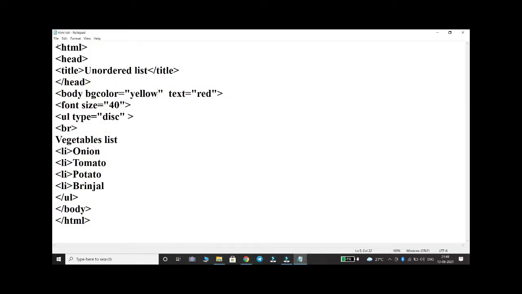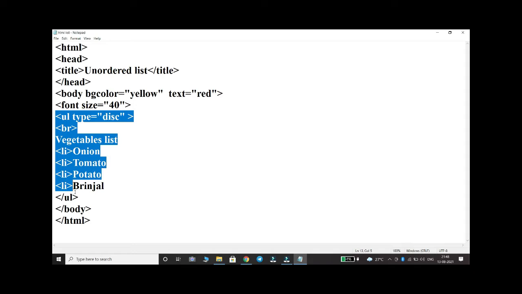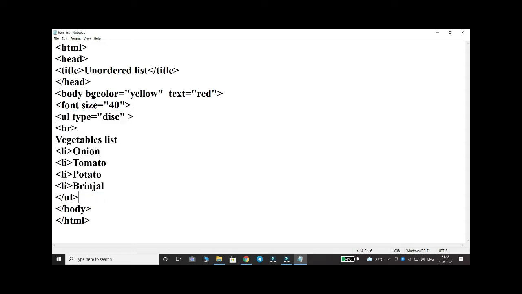Here I have started with HTML tag and then head tag, title as unordered list, body color I have given as yellow, then text as red, font size. Then here I have started the unordered list with UL tag. For UL tag there is one attribute that is called type. The value of this attribute has three types: disk, square, circle.